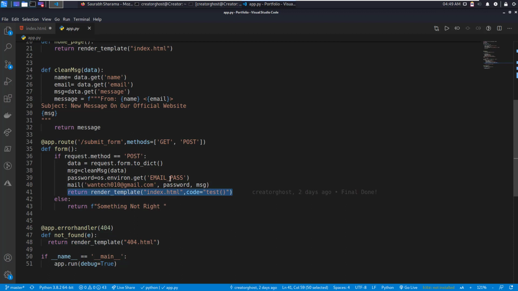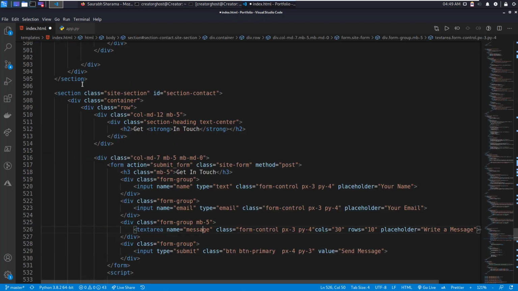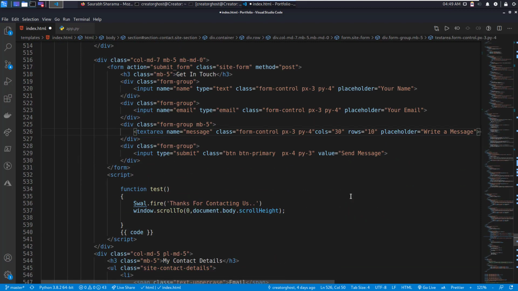Once we have done that, we can return the render template, and now this function of index.html app.py is done. So now we can return to our app.py, and here we can see that we have added a simple JavaScript function for the thanks for contacting us message that the user will see when he clicks on the send message button.